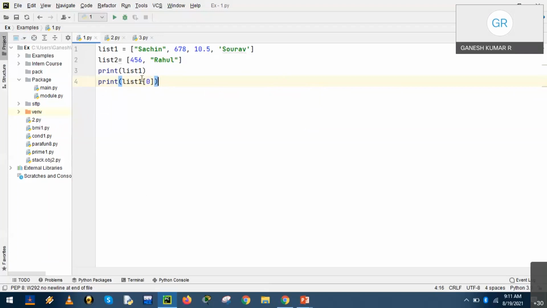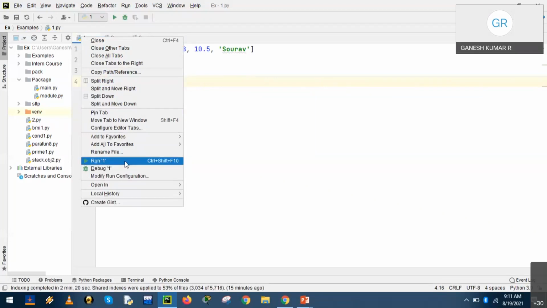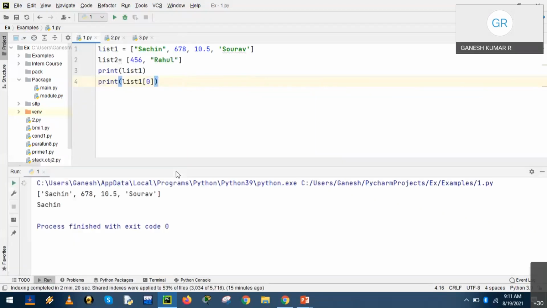Did we make any typing mistakes, knowingly or unknowingly? It's good practice, before executing a program, to have a glance to check whether there are any errors, mistakes or typing issues in the statements. So there is no problem. We run the program.